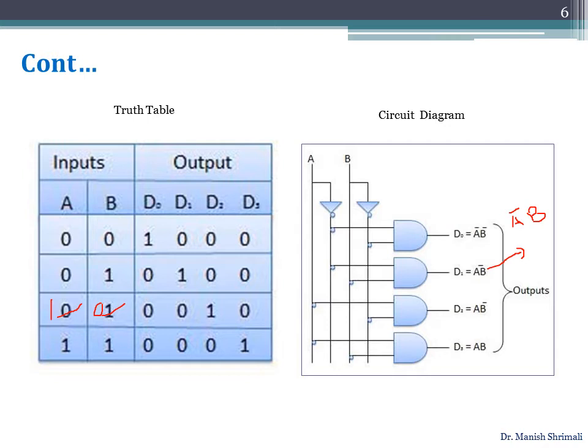There was a small correction in which we have 0 0, 0 1, 1 0, 1 1, and similarly this was mistakenly not seen correctly, so I have written it here. To recall, this is A bar B bar, this is A bar B, this is A B bar, and this is A B.